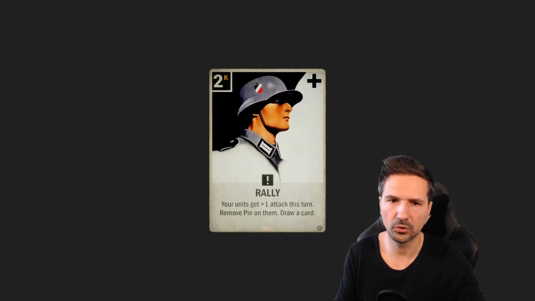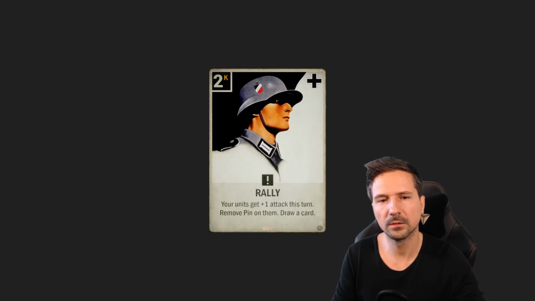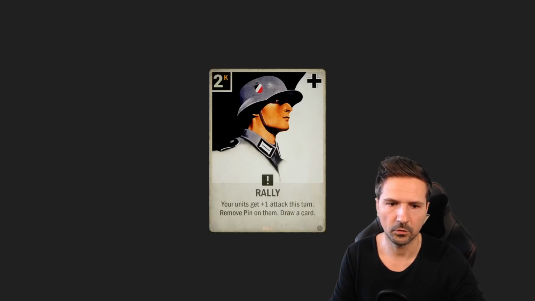Okay, then we have the 2k order Rally that gives your units +1 attack, removes pin on them, and draws a card. What makes Rally viable, I think, is the possibility that it's just replacing itself and gives a unit +1 attack, even if your opponent is not pinning your units. For just 2k,